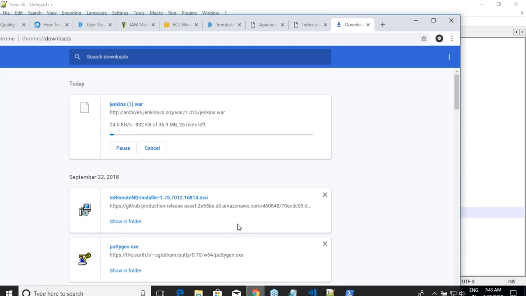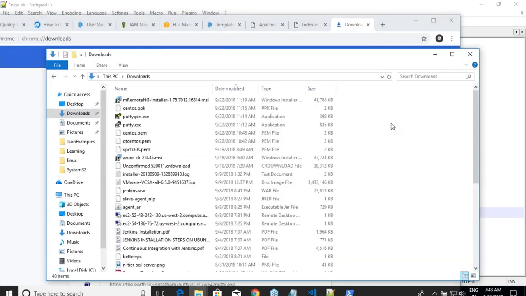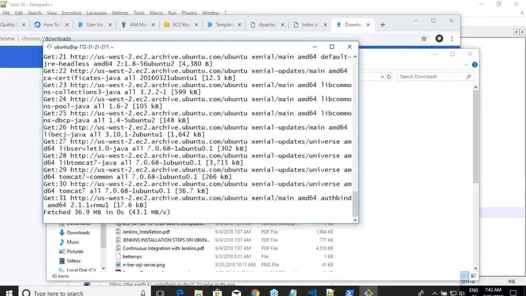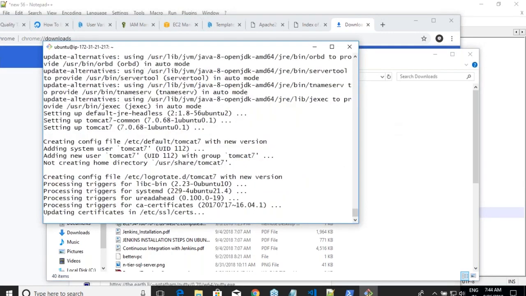Remember, whenever you are writing scripts in provisioning, if it asks for user input, that is a failure. If you just give sudo apt-get Tomcat 7, it will ask for yes or no, right? The moment Packer sees that there is something which your command line is asking, it will fail the build, because there cannot be human intervention once you have started the command, right? Okay, so Tomcat 7 is installed.